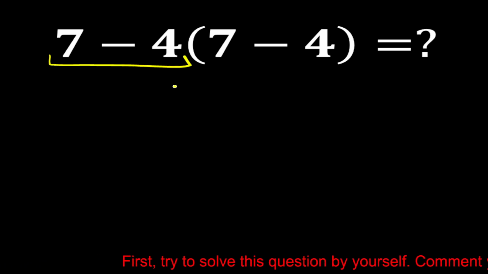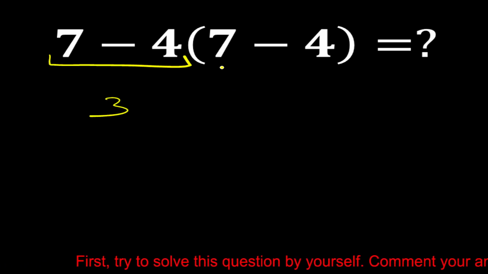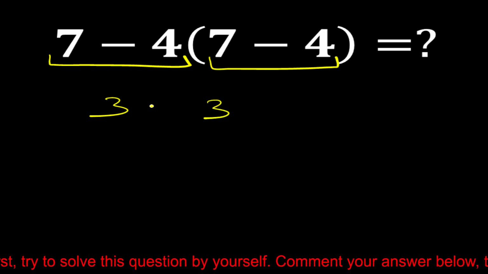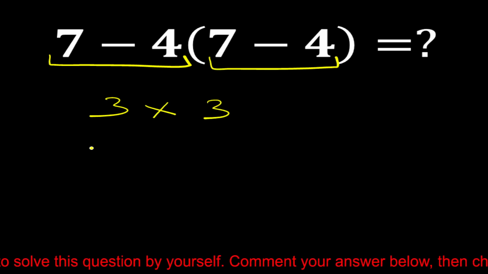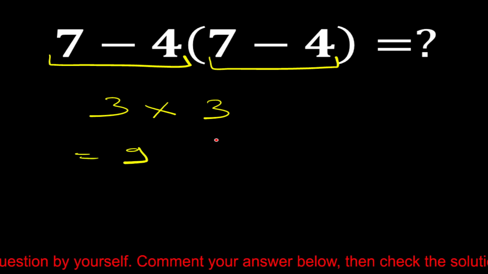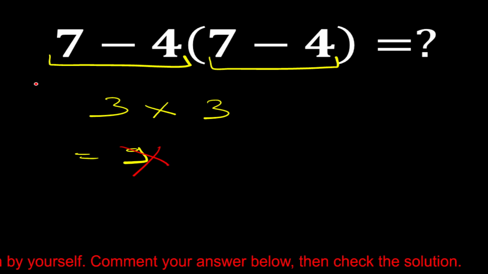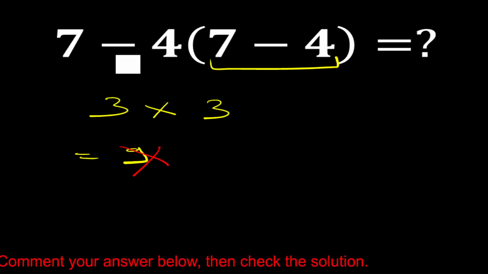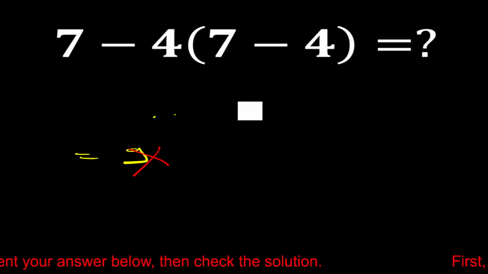7 minus 4 is equal to 3. Then again 7 minus 4 is equal to 3. Then 3 multiply 3 is equal to 9. Okay, but this answer is not correct because